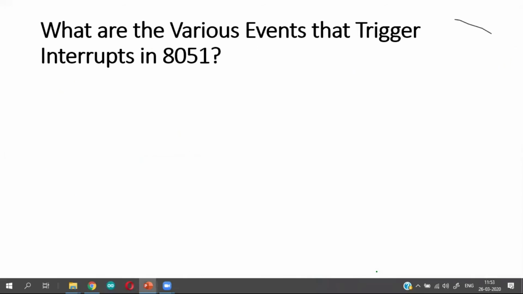What are the various events that trigger interrupts in 8051? Okay, we saw there are 6 sources, and for each interrupt source, you have to understand what is the exact event which will trigger the interrupt. First one, let us start with the reset pin interrupt.